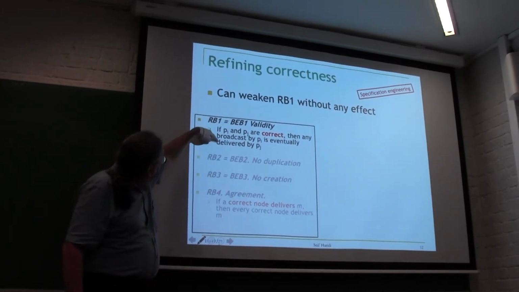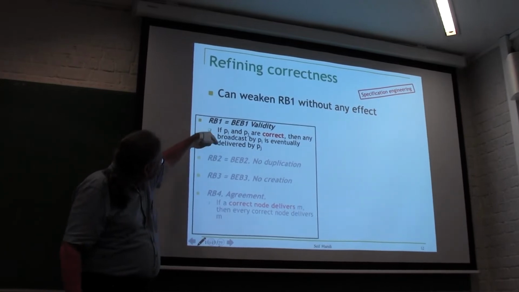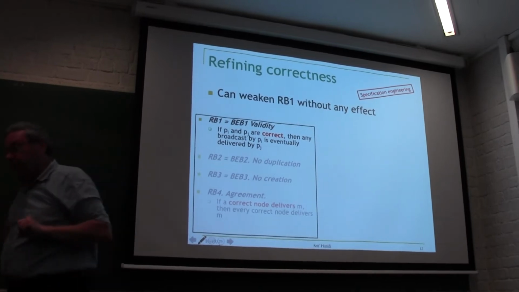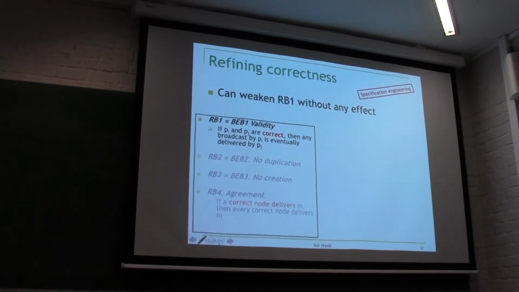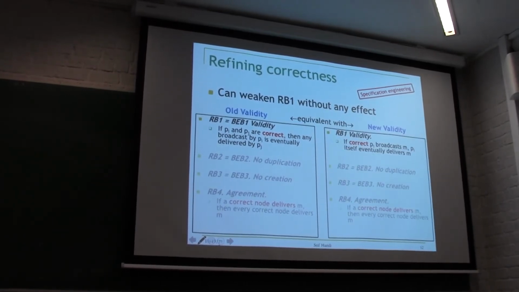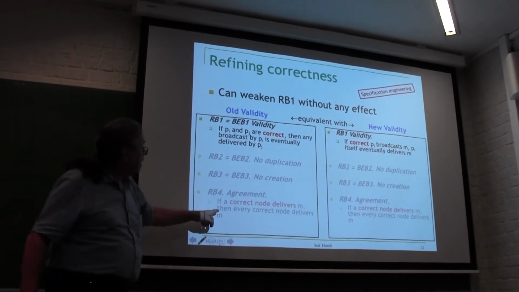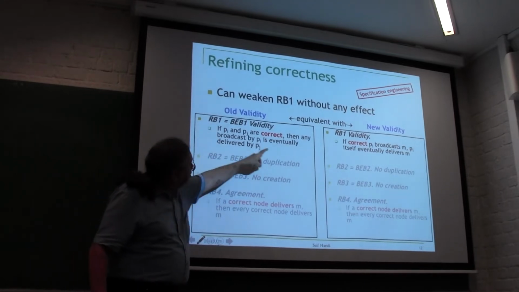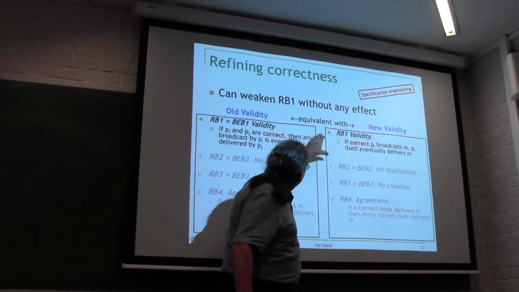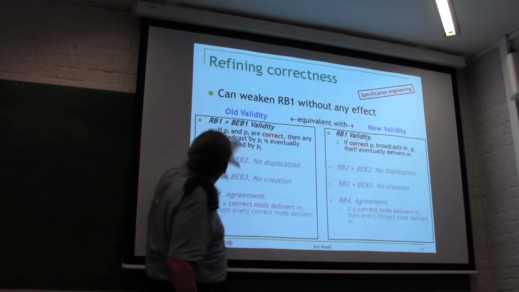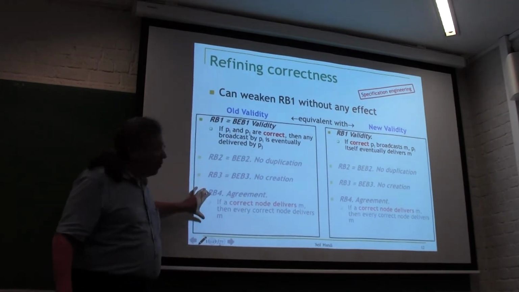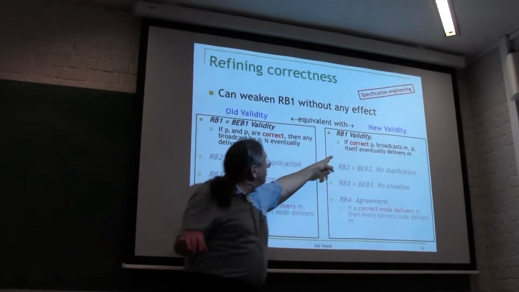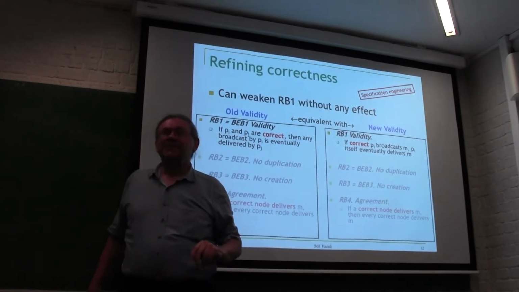We can actually simplify RB1 now because of RB4. We can take these two and make a little tweak. That's a nice thing to do, making the specification a little bit simpler. So we can replace RB1 by a simpler version, and together, 1 and 4 will be equivalent to 1 and 4 before. We have not changed anything here. It's just a little bit nicer, simpler, and easier to check.